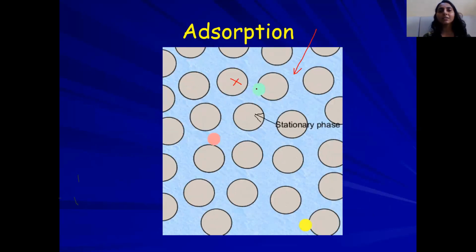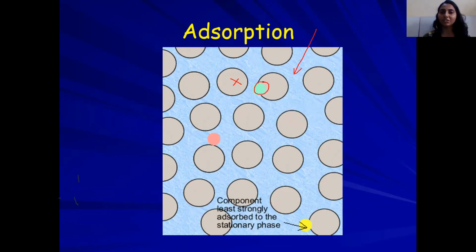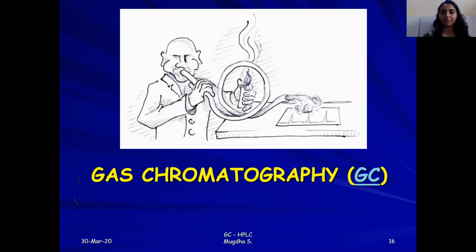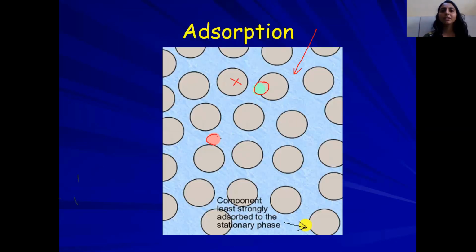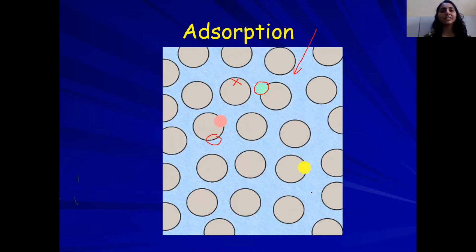So the one that is very close to the inlet is the component that is adsorbed more to the stationary phase. This one is still in between, and the last one that you can see, the yellow color one,